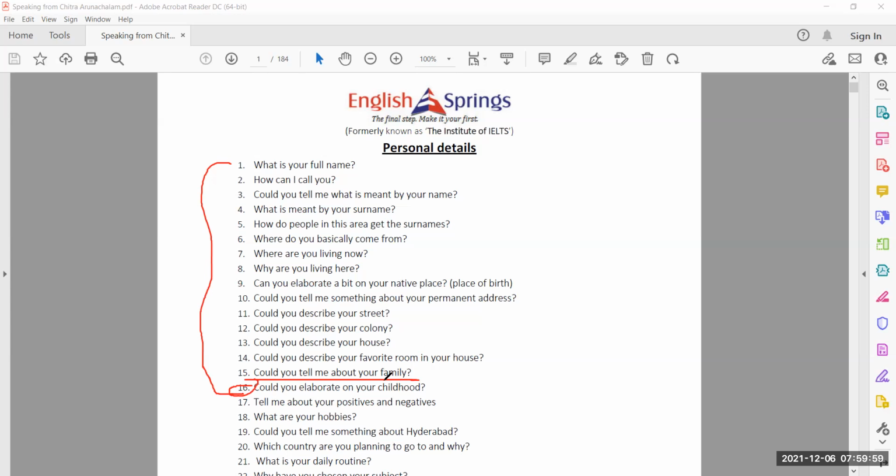Ma'am, I have one doubt. Yes, Bharat, please. Ma'am, could you describe your street, when that question we face? How can we start? I live, I dwell. I told you, right? Okay, ma'am. You can just say, I dwell in VOC Street, which is there in Peelamedu, Coimbatore. And it is a very crowded place. You can just start like that.